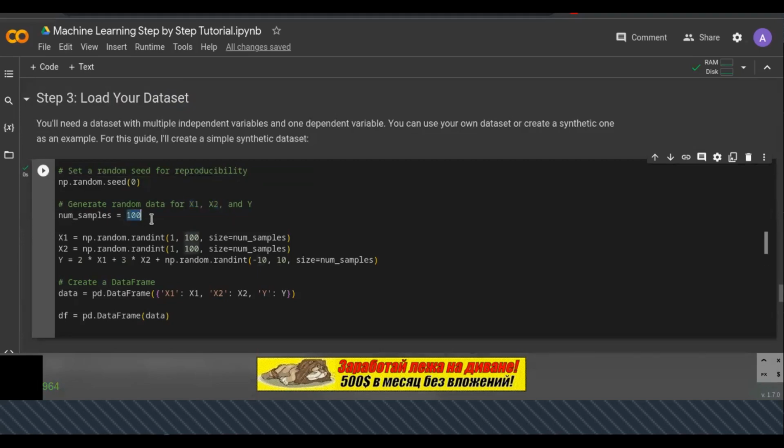So here I have 100 number of samples. So I just generate 100 samples, random sample data for x1 and x2, and also